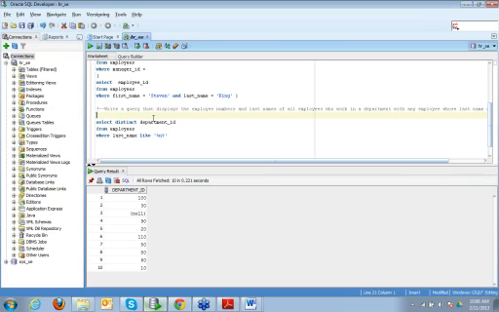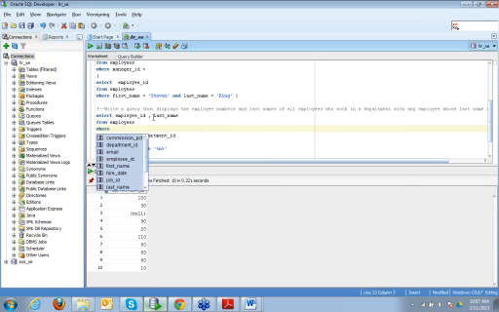So maybe we can write select employee ID and last name from employees where, if you remember, we have an operator called IN.